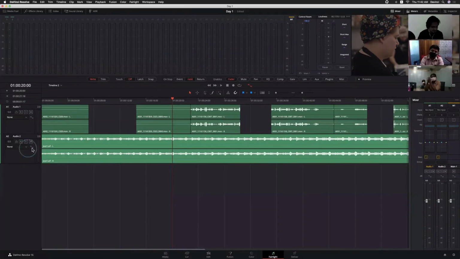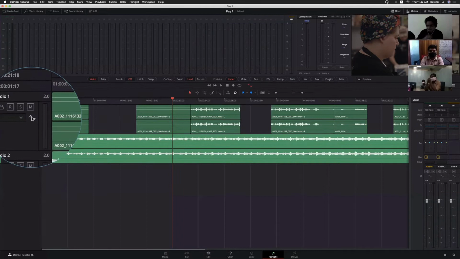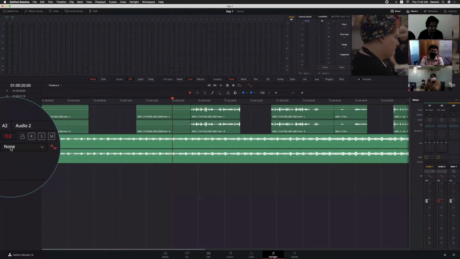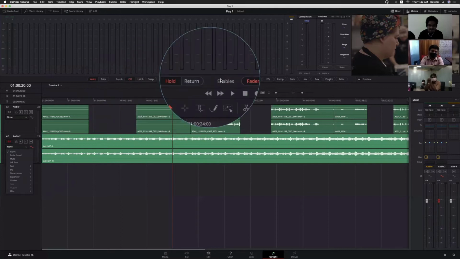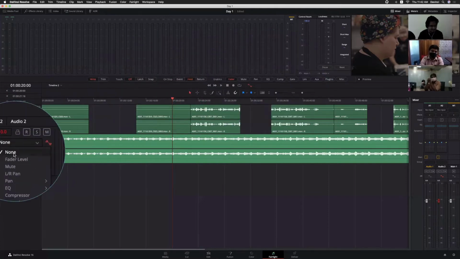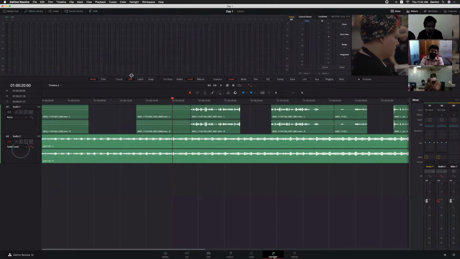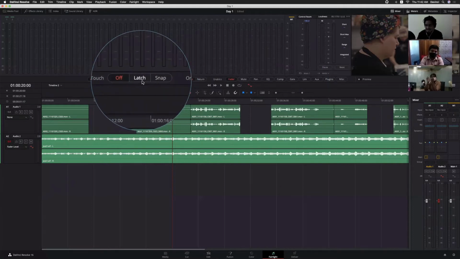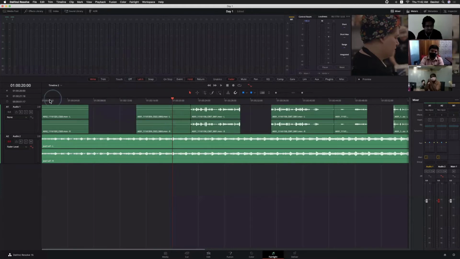Now you need to enable the same automation option for that particular track. You can see those controls next to the track. So select this option, and from the drop-down menu, we need to select fader levels. Whatever options we are seeing here, the same options we can see here also. Here I am selecting fader level, but you just need to enable either of these options. Okay, so I'll try to explain these two options. Here I'm selecting latch only. So click latch.